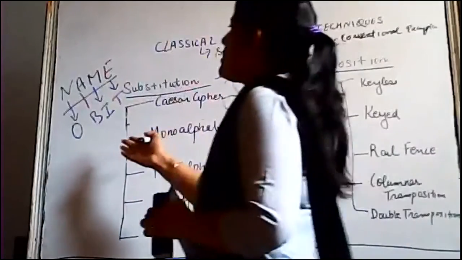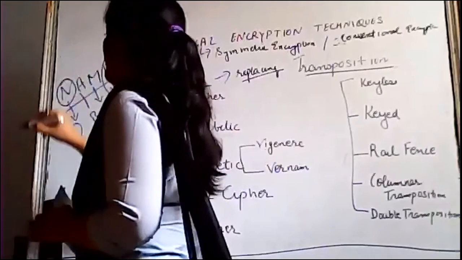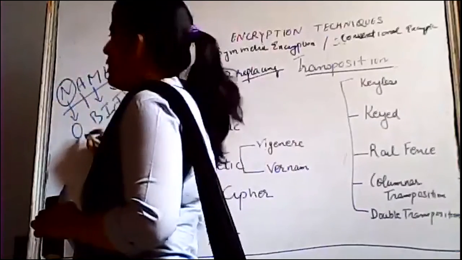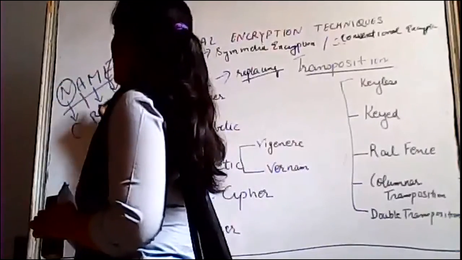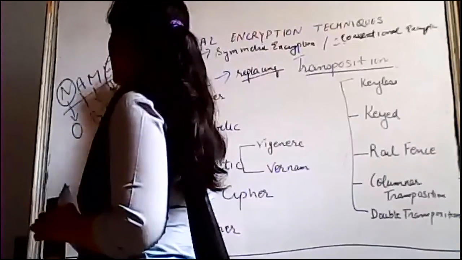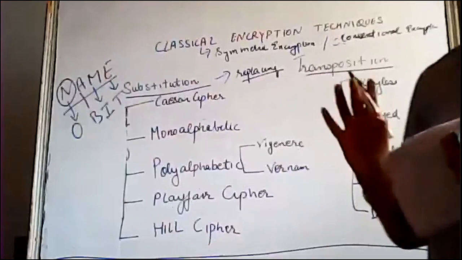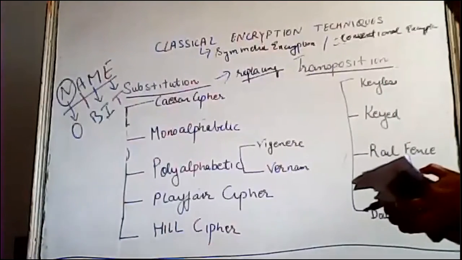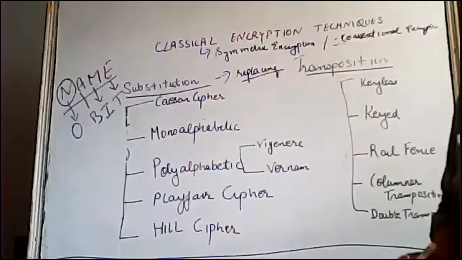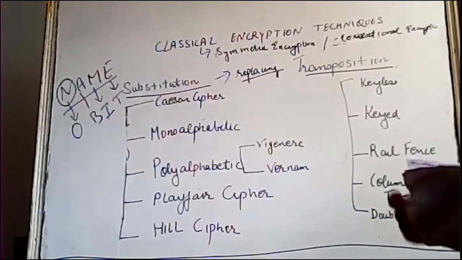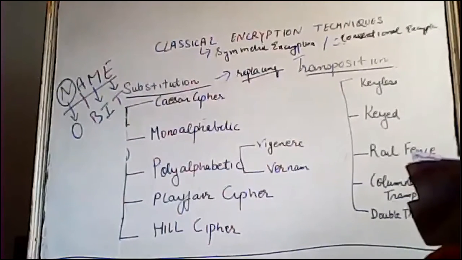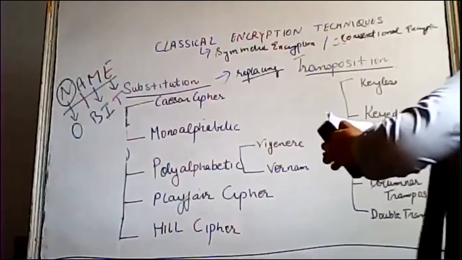This is the substitution method: in substitute of this N, I am giving O. For A, I am giving B, for M I am giving I, and for D I am giving the letter T. Fine. So this is the substitution method. Letters of plain text are replaced by other letters or numbers or symbols. That is known as substitution. Next is transposition techniques.